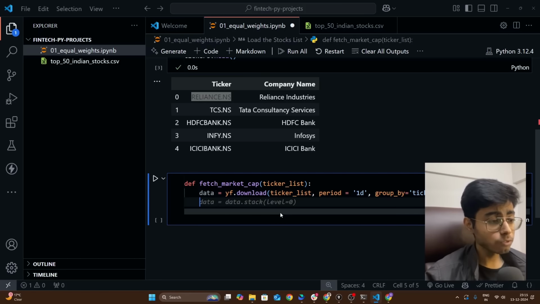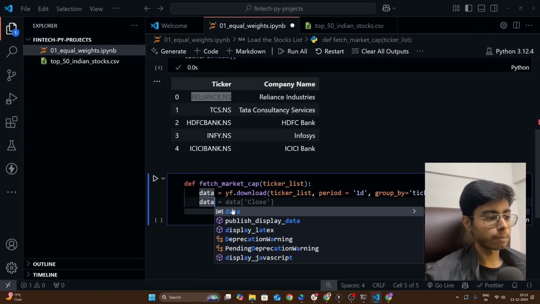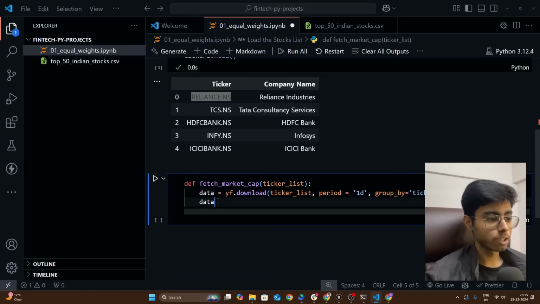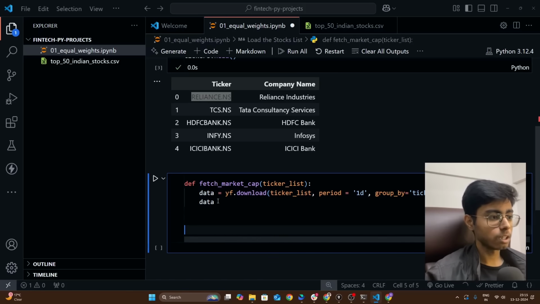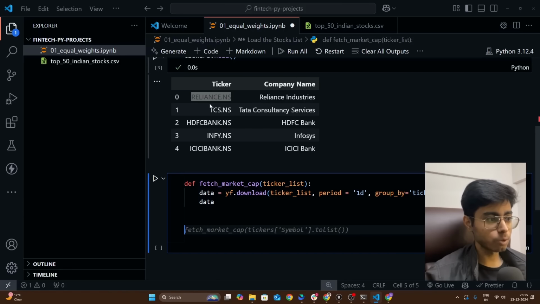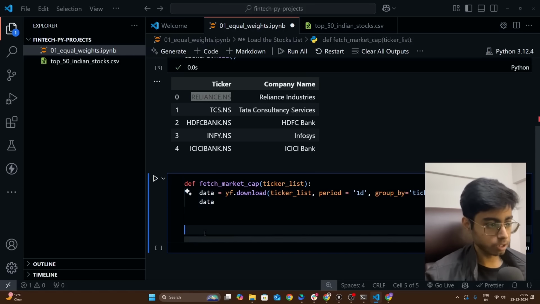For now, let's just see what we have got. So I'll just say data. Let's see what we get. First of all, this is a data frame, so I want to get the list out of this ticker column so that I can provide it to this function. So what I'm going to do, tickers list